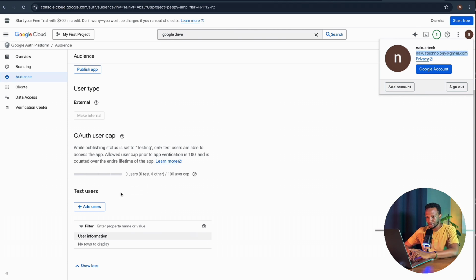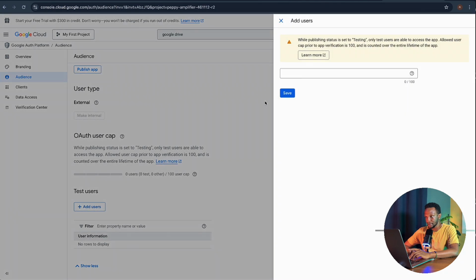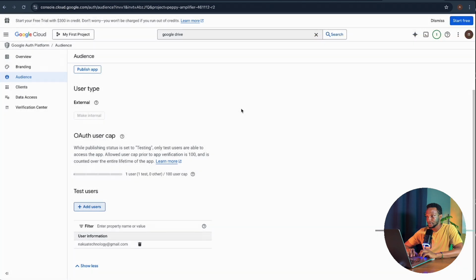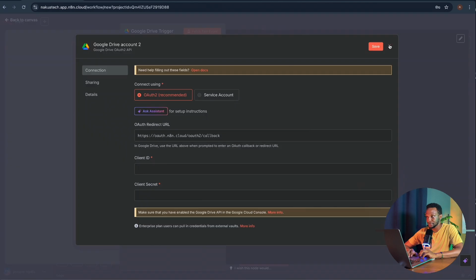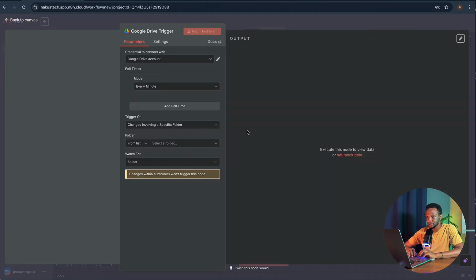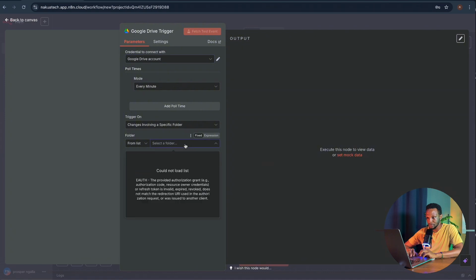So for some reason, I'm not seeing my test user. So let me add my test user again, and then I can save it here. And then we have a test user. So when we come back here, close, and I connect my Google Drive, changes involving a specific folder, from list I select, I should be able to see